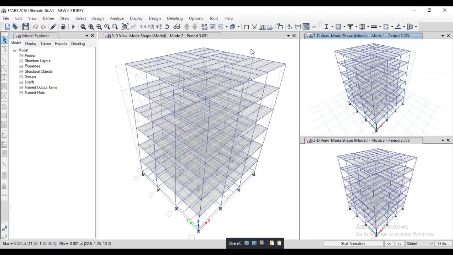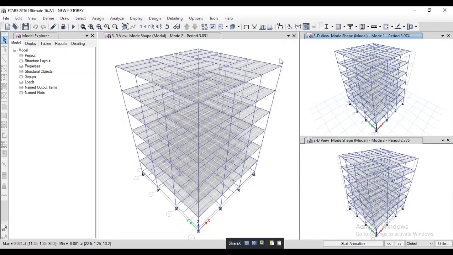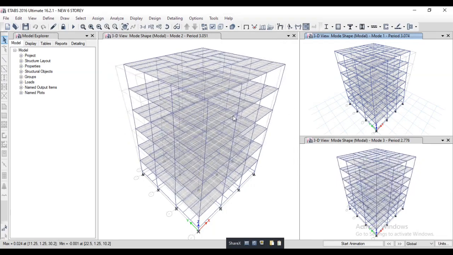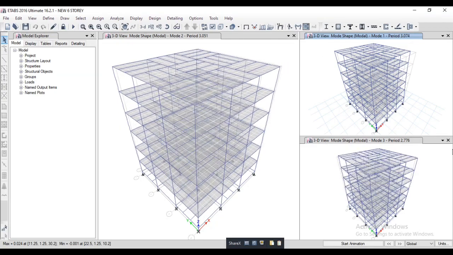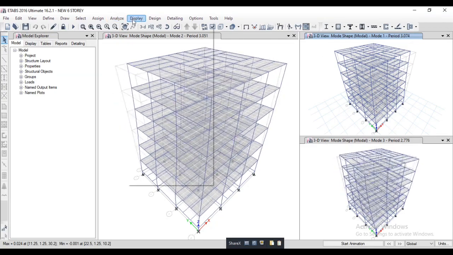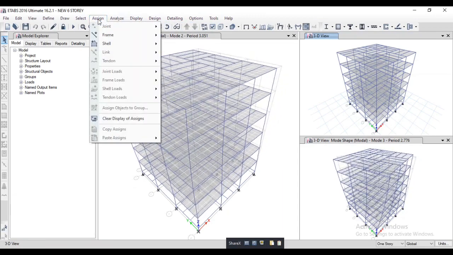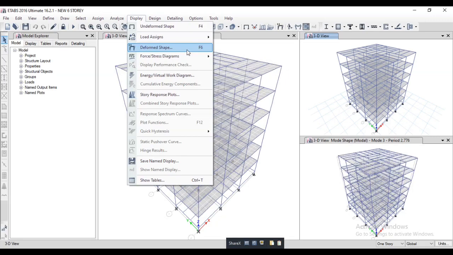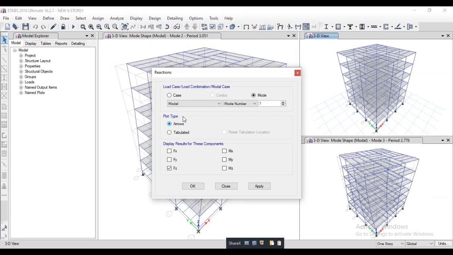After this, we will check bending moment, shear force, deflection of the beam and axial force of the column. So go to display and deform shape. Firstly, check the support spring reactions.